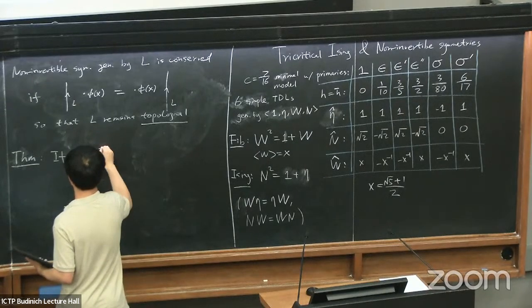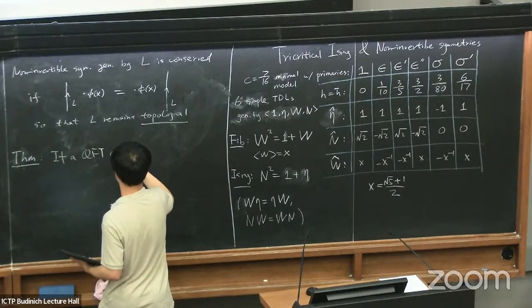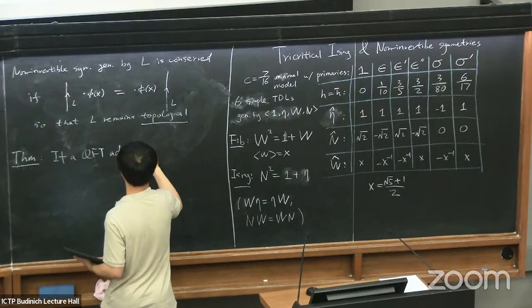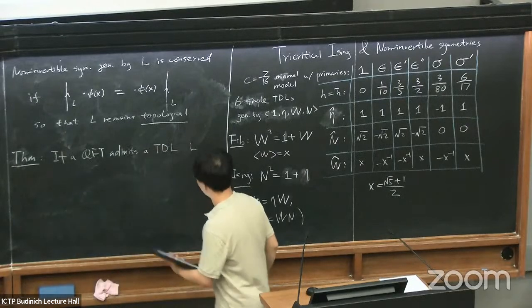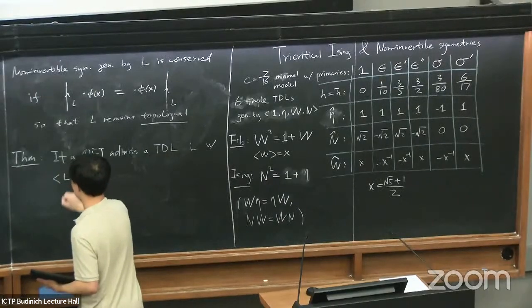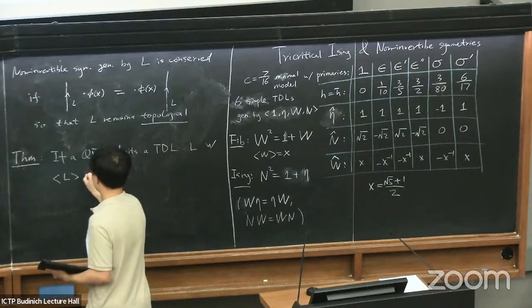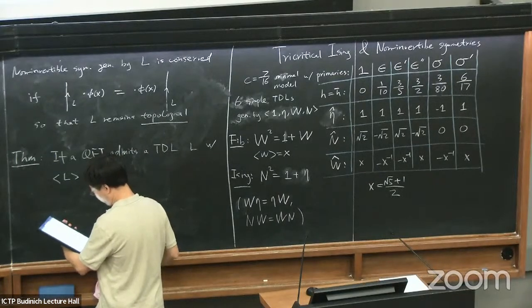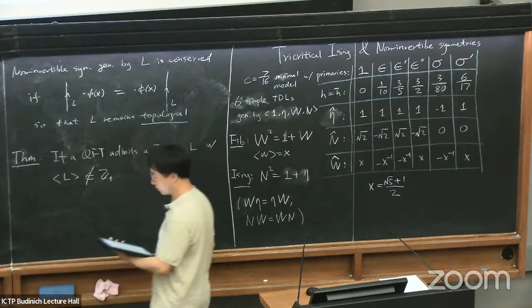If a quantum field theory admits a topological defect line, L, okay, such that its VEV, its quantum dimension, its VEV on the cylinder, is not a positive integer, okay,